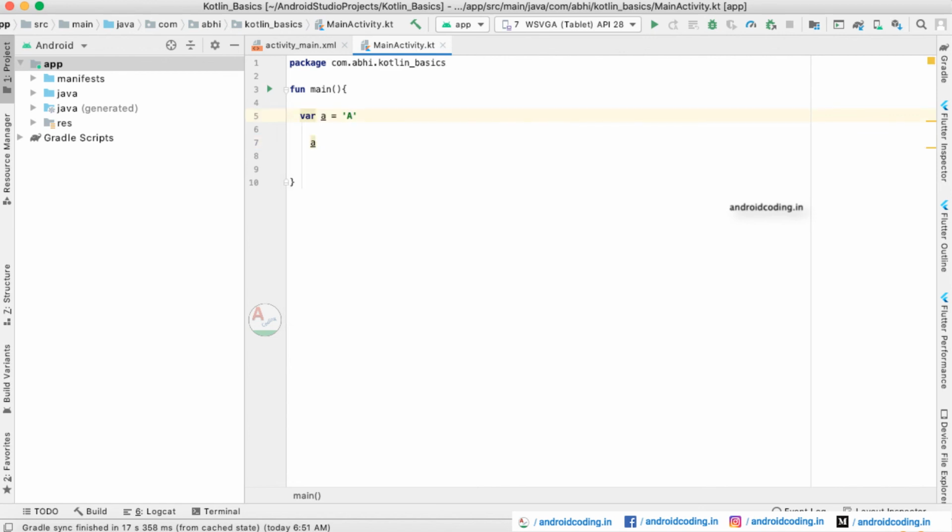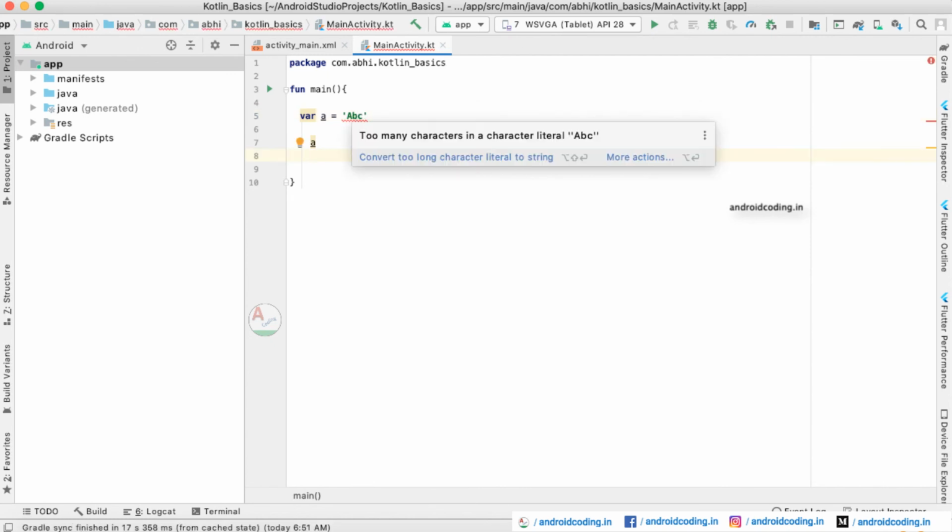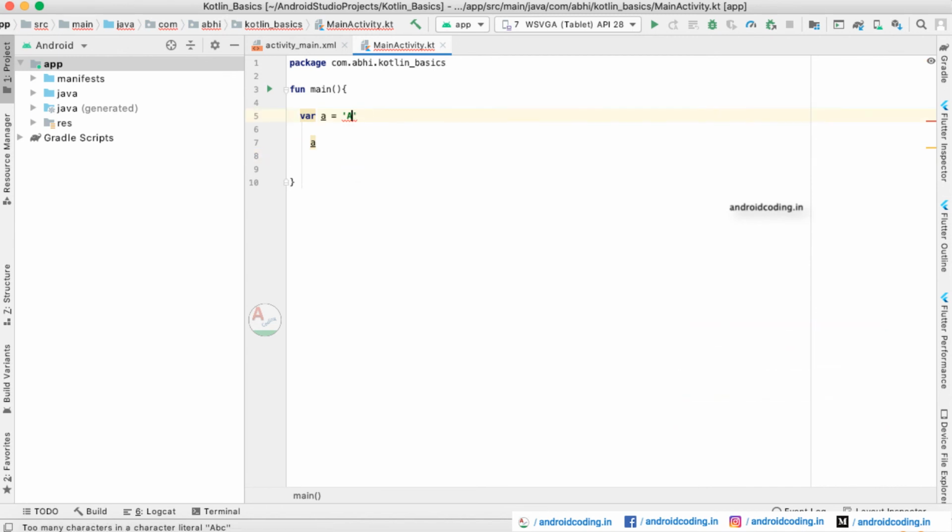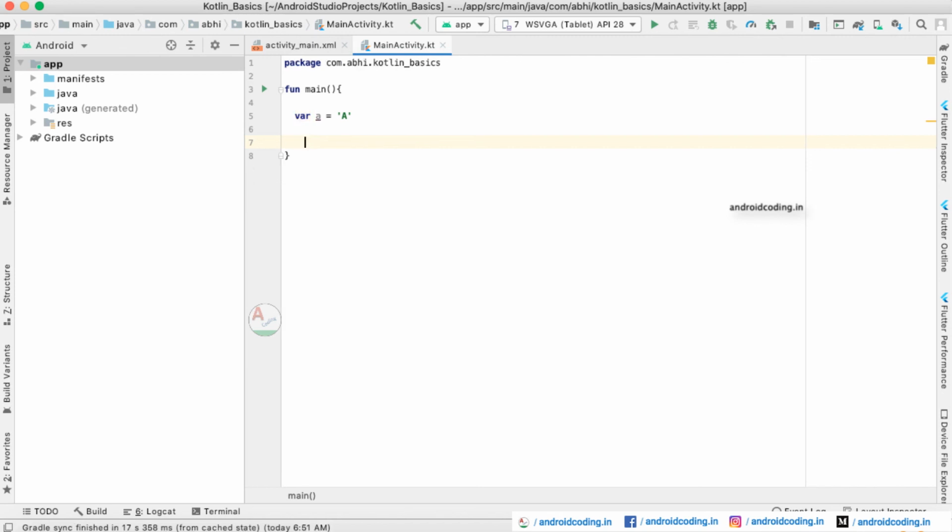When you try to add more data, it will not accept it, because there are too many characters in a character literal. You can have only one character in a character data type declaration. If you want multiple characters, you can use strings. This is how we declare a character variable in Kotlin.